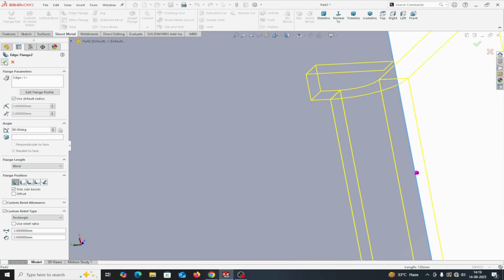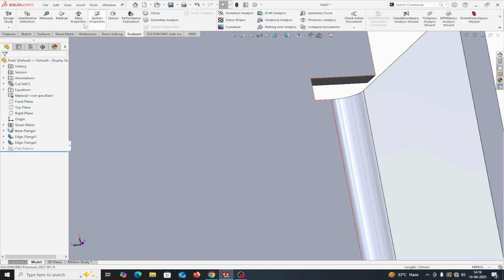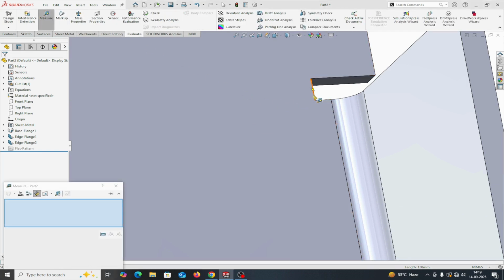If I OK it, you will see, if I measure this, evaluate and measure, this distance is the 3 mm. This is the width of the auto relief. And this is where the bend ends. So this is the depth. This depth, if I measure, is the 2 mm which I have provided. In this way, you can provide the auto relief. Okay. Now finally,